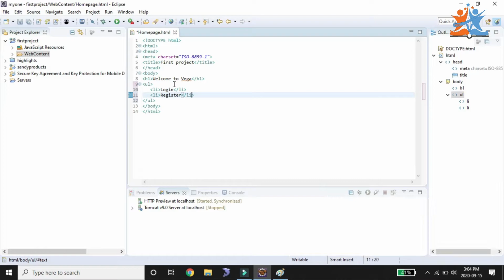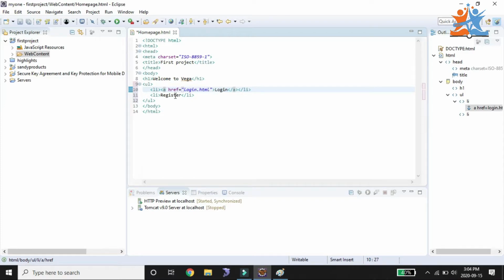So the list item is closed. Inside the list item tag we are taking an anchor tag. Anchor href equals double quotation, and the tag is closed after the login name. Here we are passing login.html.